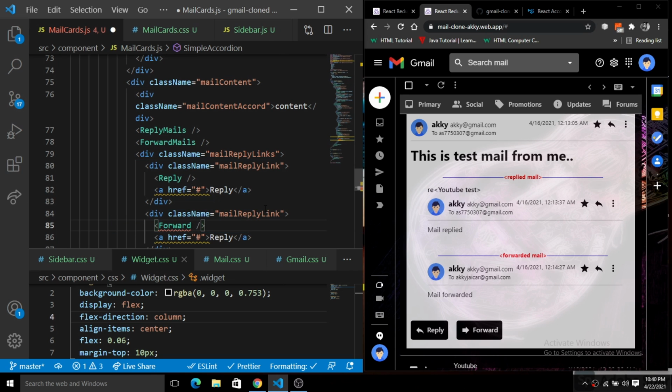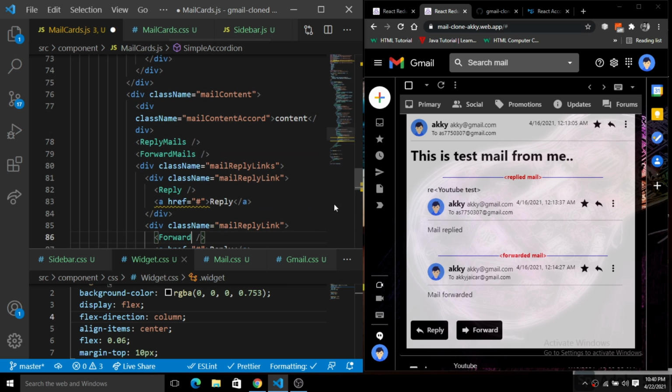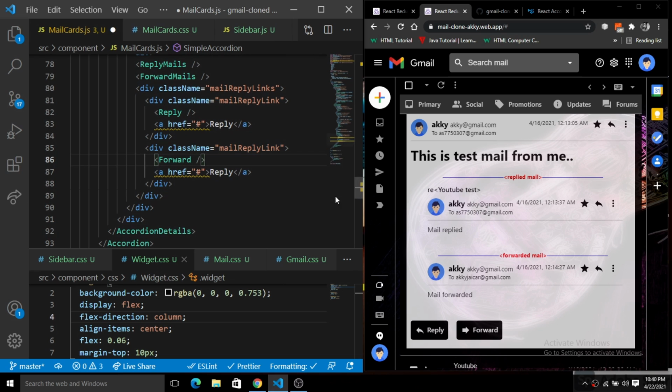Okay, just copy this, just import it from the Material UI icons. So we have this reply and we have this forward, so you just make it a forward. Okay, so both of these things we are done with.